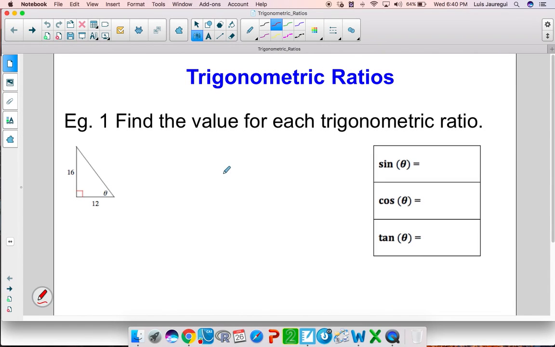Let's go ahead and take a look at example 1. Find the value for each trigonometric ratio. Notice we are being asked to find sine of theta, cosine of theta, and tangent of theta. The best way to remember these ones is through a mnemonic device, SOHCAHTOA,